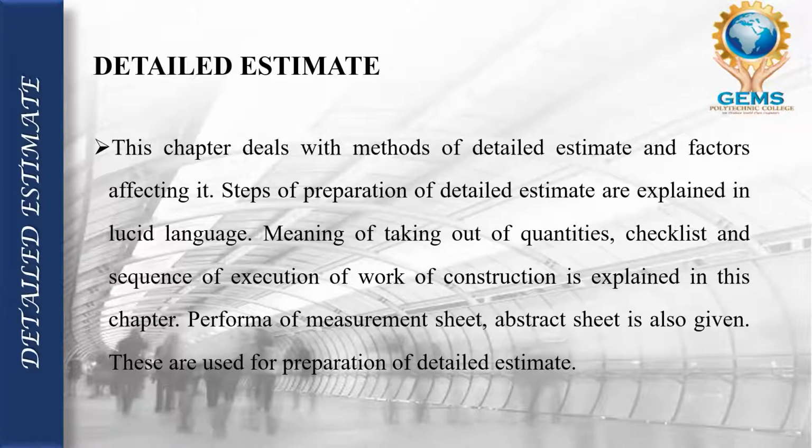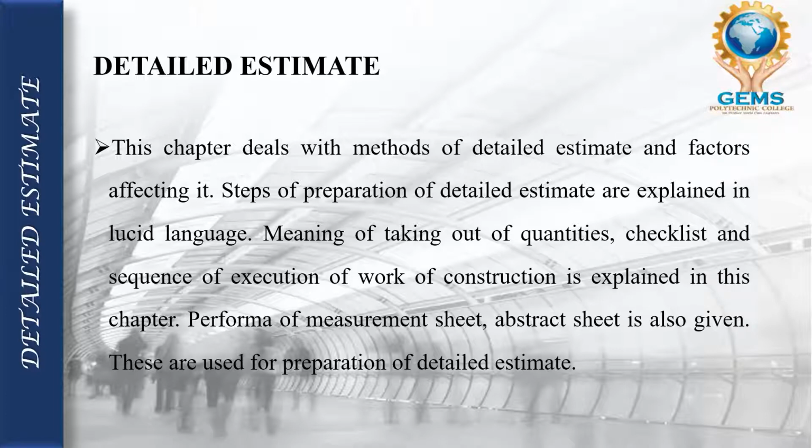Imagine a table. In the measurement sheet table you will have the description, then the number of items, the length, the breadth and the height of the material or work, and then the quantity. So in the measurement sheet we will have length, breadth and height, then quantity. Measurement sheet means calculating the quantity of various items of the structure.